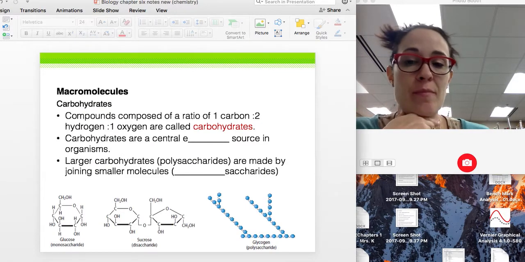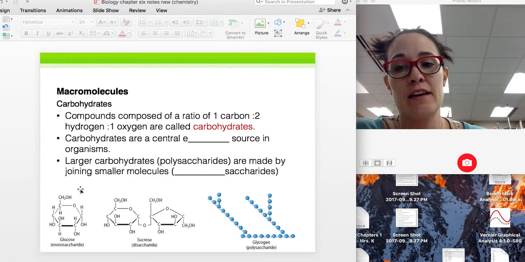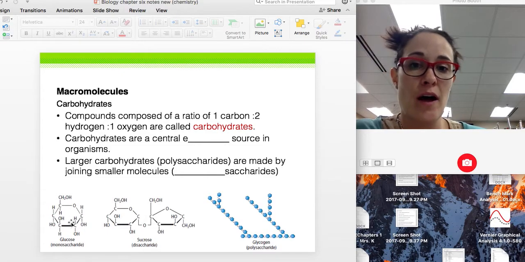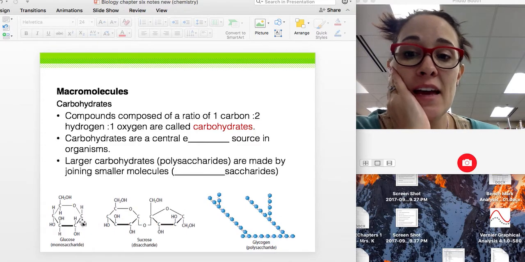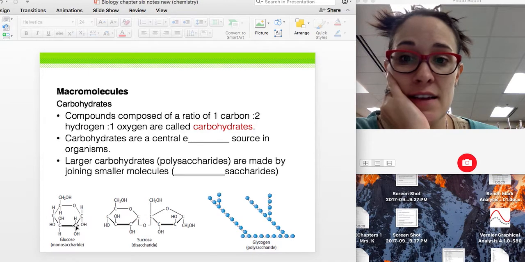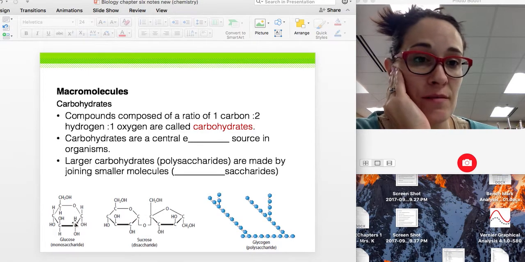Carbohydrates are the first type of macromolecule. And here's a picture of glucose, which is a carbohydrate, sucrose, which is a carbohydrate, and glycogen. And they get increasingly more complex the more we go to the right. They contain carbon, C's, hydrogen, H's, and oxygen. And that's all they